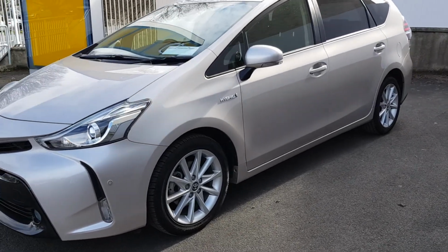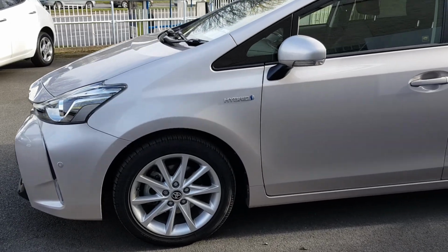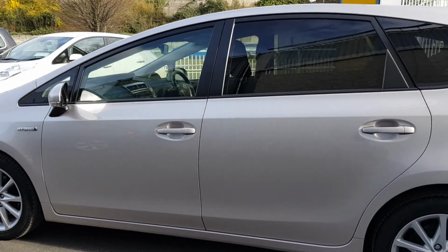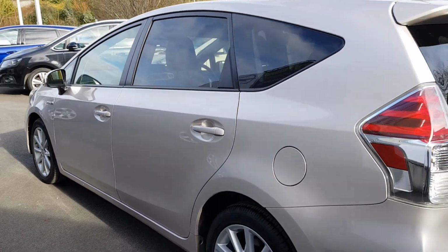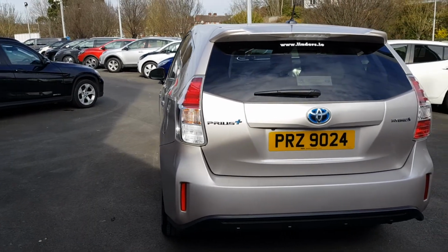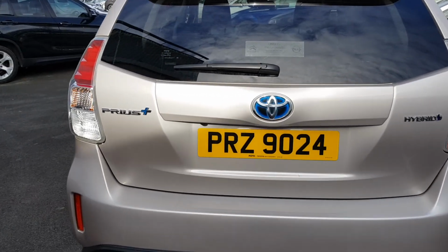Coming around to the side, you will see that hybrid badge and the 16-inch alloy wheels. Huge spec in this car, as you will see. It's in pristine condition. Coming around to the back, you'll see the PRIUS Plus and the hybrid badges, and also the reversing camera